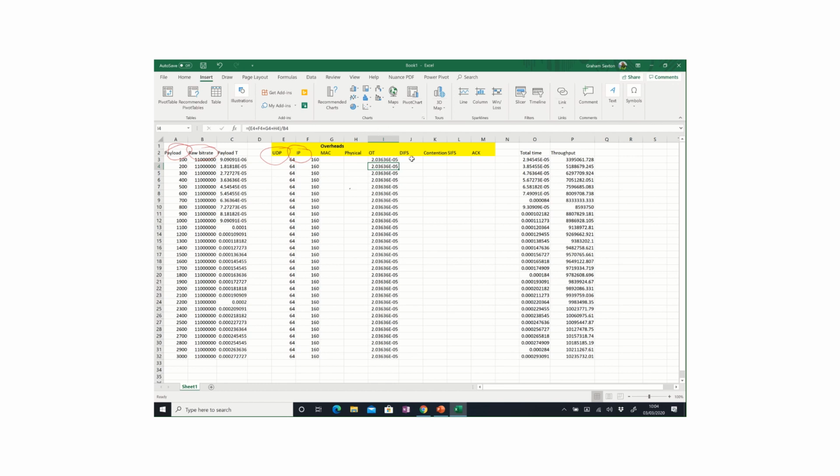So we additionally have to take into account the DIFS, contention, SIFS and acknowledgement periods. I'm going to let you find those out. They're pretty well documented. The only thing that you need to be a little bit careful with is to make sure that you check that you're reading that data for the right standard, and the acknowledgement sometimes